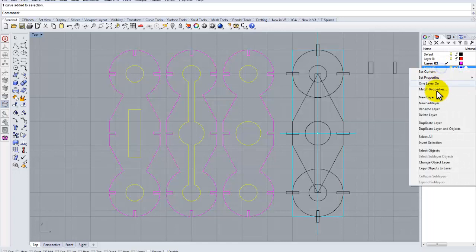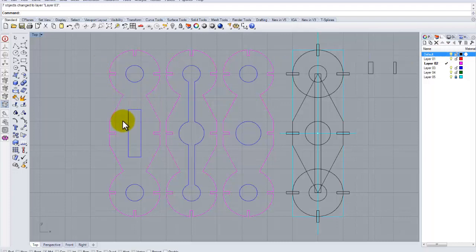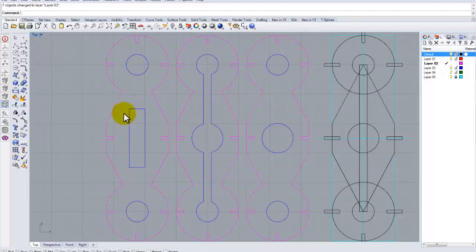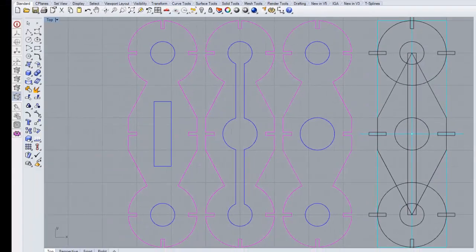So we're going to move those down to the blue layer. Okay. Now, having done that, what we may want to do is add some engraved elements to our design. And so we have our red layer here, so I'm going to make that active. And I'm going to use my line tool to add some linear details, like so, through all the midpoints, like that,